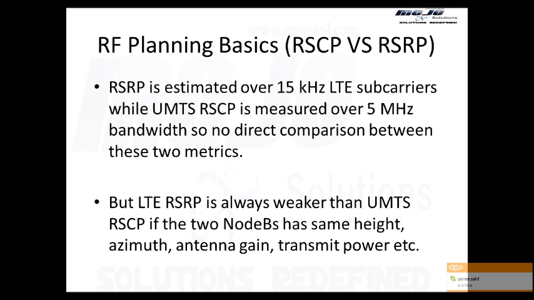So in UMTS, a carrier is 5 megahertz, always fixed. One carrier is 5 megahertz. In LTE, it can be 5, 10, 15, 20, it can even be 1.4. Theoretically, it can be anything. Practically, the vendors have come up with 1.4, 5, 10, 15, and 20 megahertz LTE carriers. But in UMTS, the carrier is always 5 megahertz. When I say 5 megahertz, it means 5 megahertz in uplink and 5 megahertz in downlink,